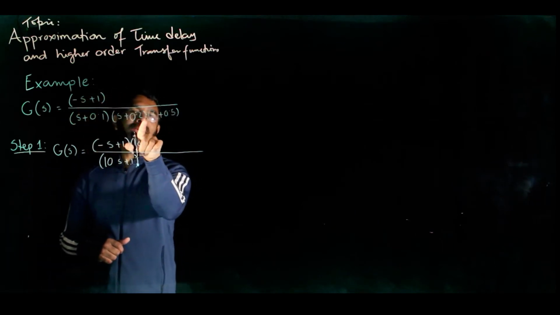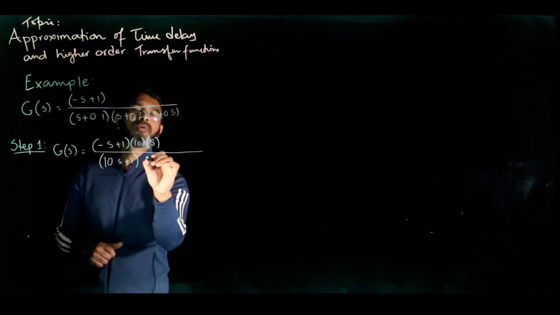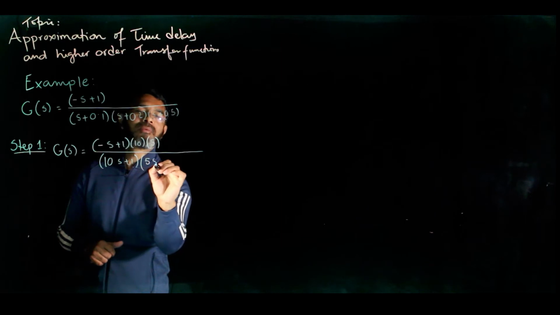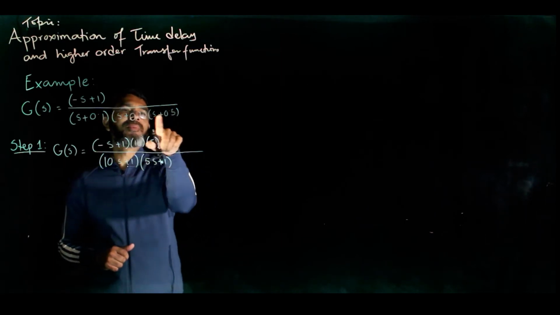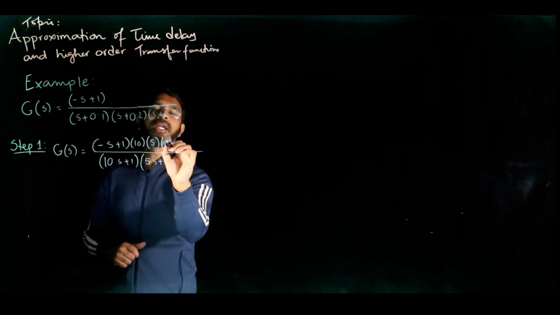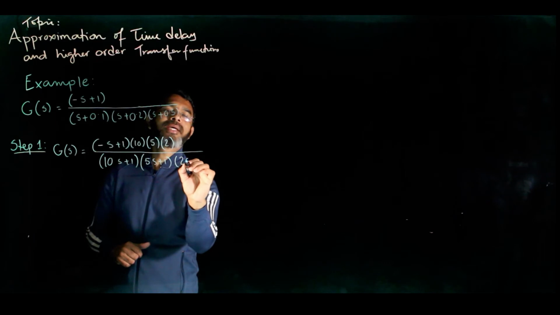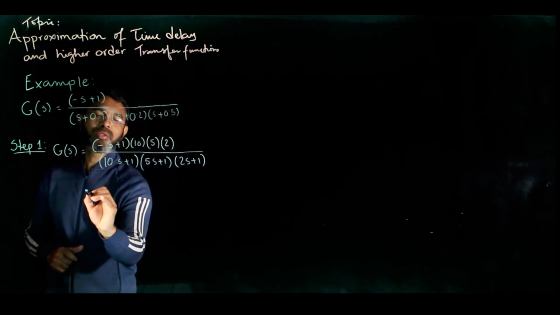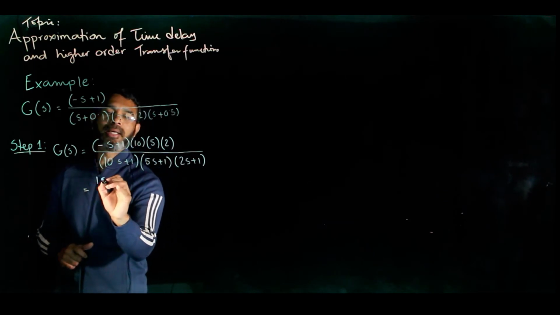To convert the same, we have to multiply it by 5, so we'll have 5s plus 1. And to get this to be 1, we have to multiply it by 2. So again, the numerator is multiplied by 2, and we end up getting 2s plus 1, which can be written as 10, 5, 2, leading to